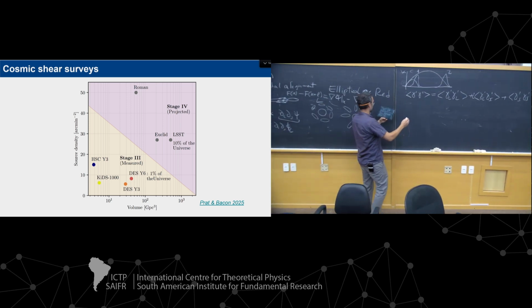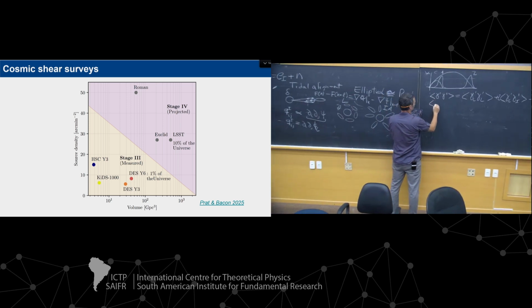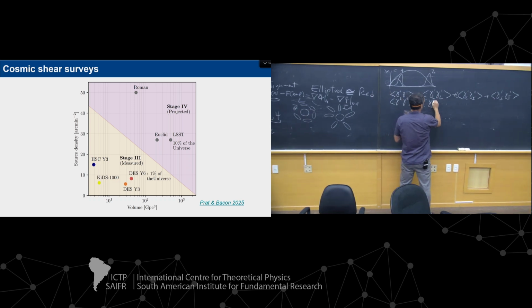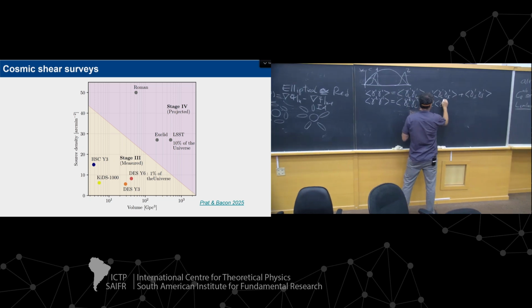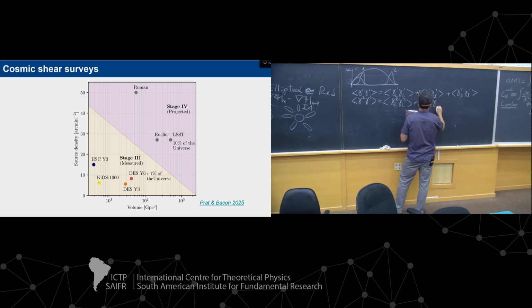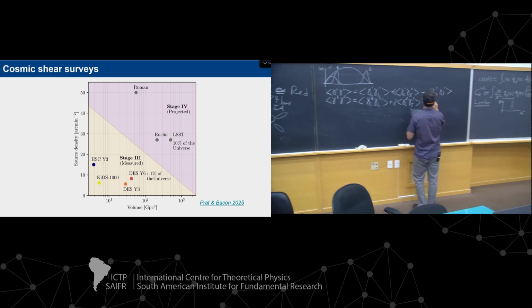And the same thing for the second one, gamma 2. You would have gamma lensing 2, the lensing intrinsic contribution, gamma lensing, gamma intrinsic 2, plus gamma intrinsic,